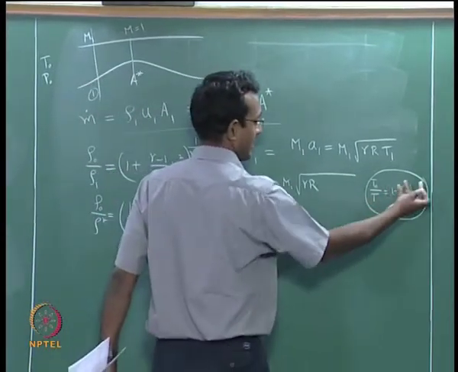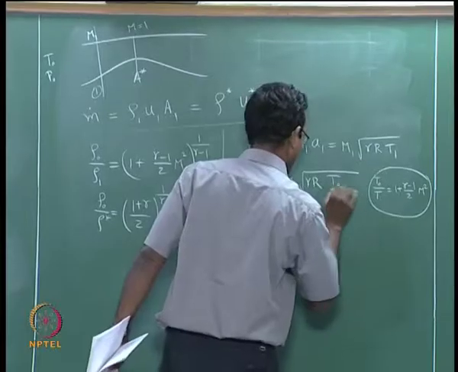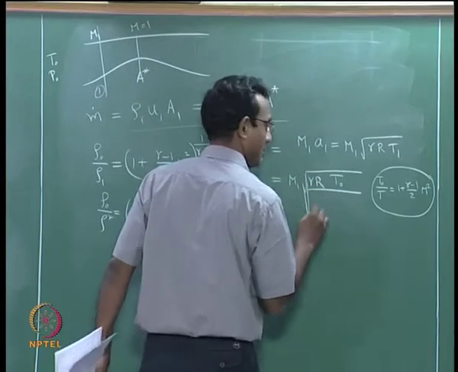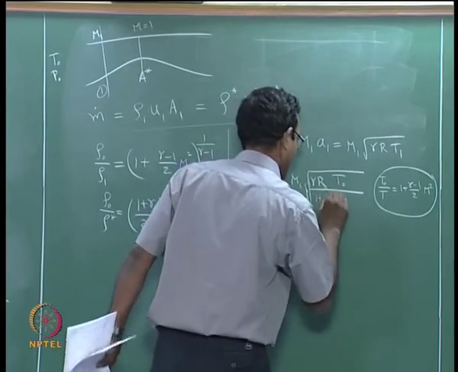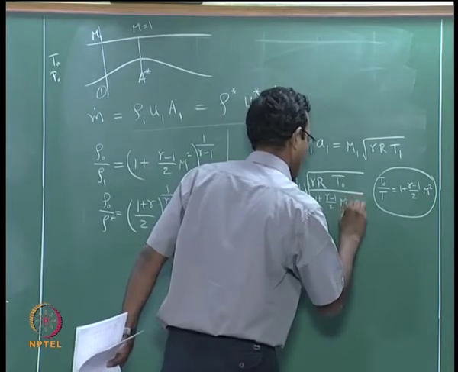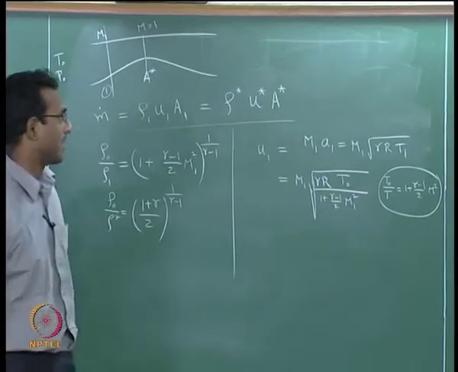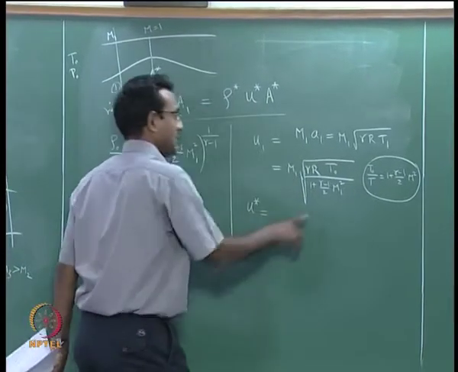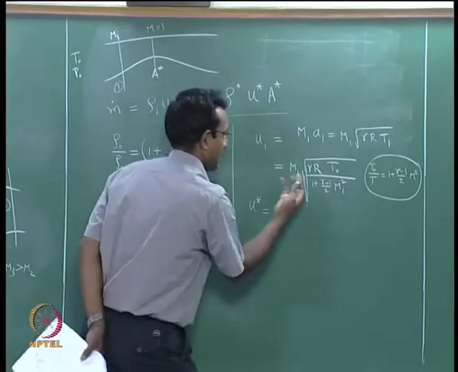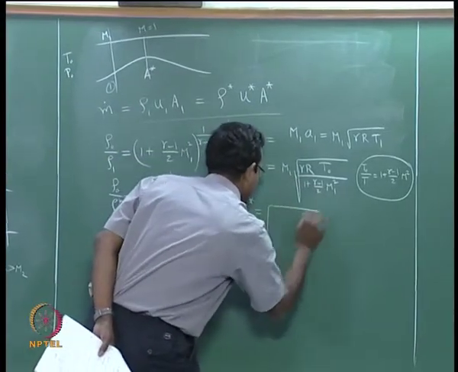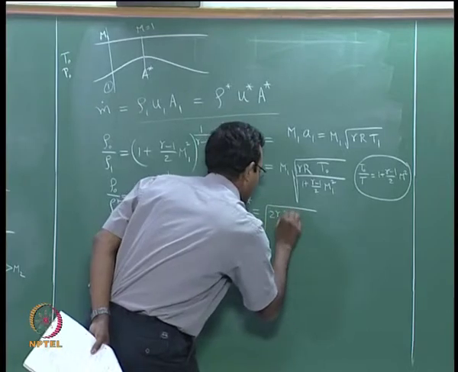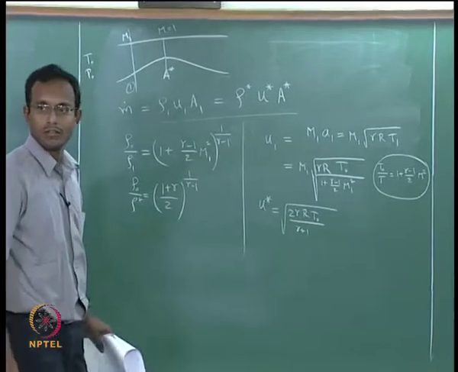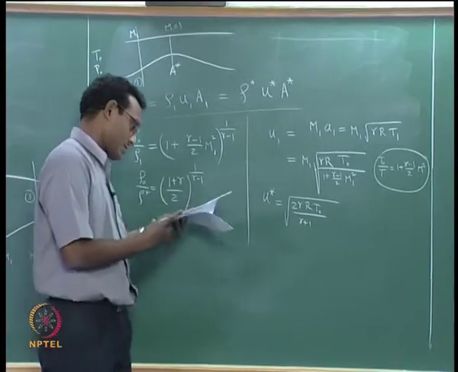I have this here, I want to use that inside here. I will take the T there and the whole expression below, it is going to be T naught divided by, I will extend the square root further, 1 plus gamma minus 1 by 2 M1 square. This is the expression I will have. Now if I want a u star expression, that is just substituting M1 equal to 1 in this. So that is going to come down to square root of 2 gamma R T naught by gamma plus 1. Okay, you can simplify to something like this.